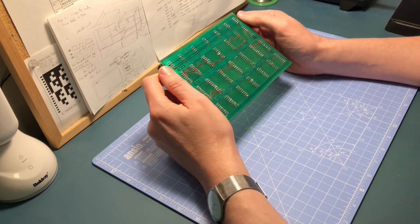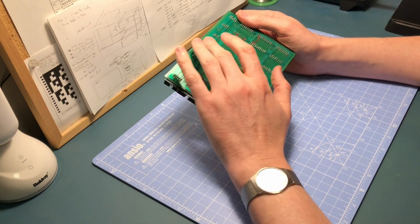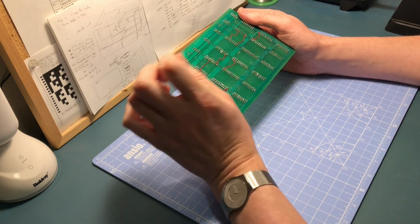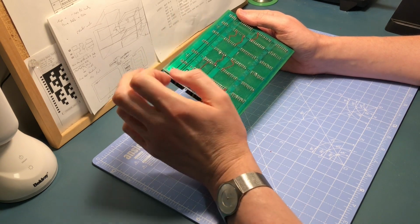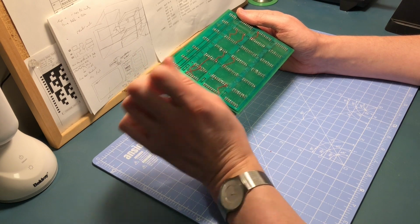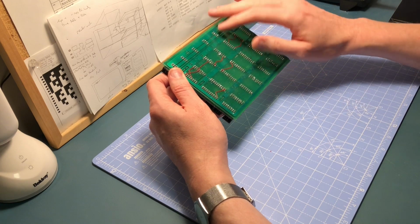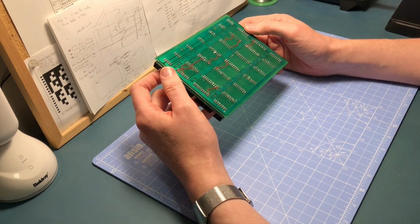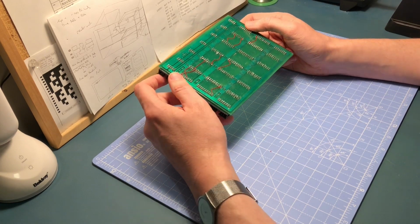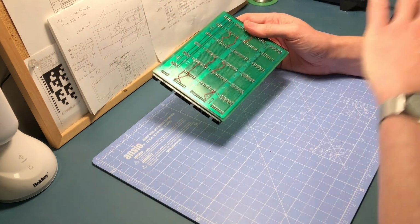I think one thing I might consider with this as well is, because I've looked at the tin on here, and the tin and copper, and it does have sort of micro holes in it. And I know that is a thing when you're using toner transfer: the toner itself has little pits and little gaps in it, so consequently that transfers through to these larger areas. And I think one way of getting around that might be to actually use a different method of transferring the design over, which is to print it onto